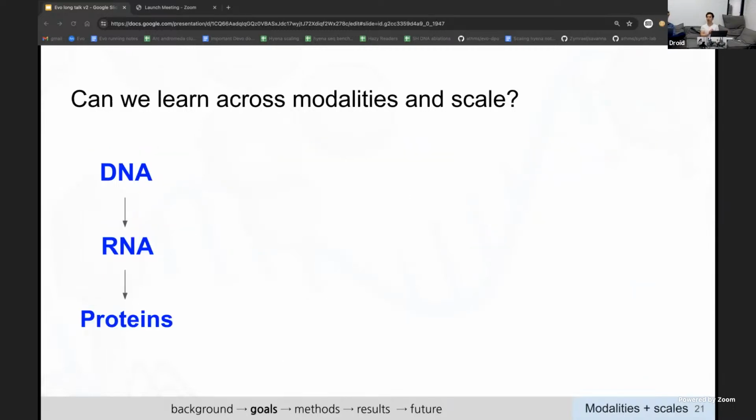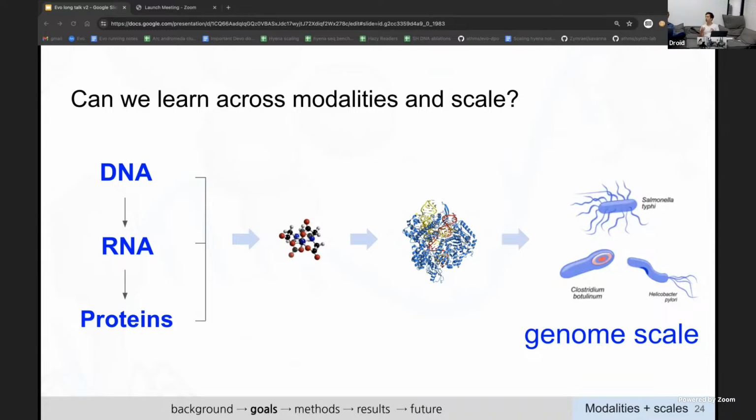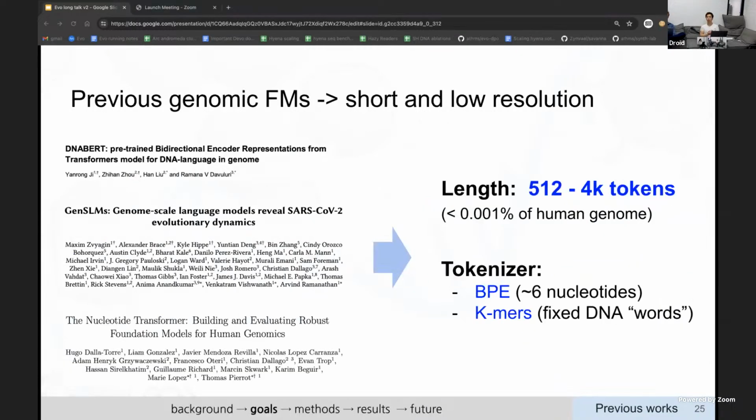Now, I mentioned we want to model this genomic foundation model across the different modalities: DNA, RNA, and proteins. But we also want to model across scales. This is another dimension that makes it challenging. As I mentioned before, you typically model a single molecule at a time. But the cool thing is when you model across these different modalities, now you can start to model systems or groups of molecules from different modalities, because in actuality, in your body, it's more than just one molecule in one domain at a time. And then also to whole genome scale. That's the challenge we want to reach for.